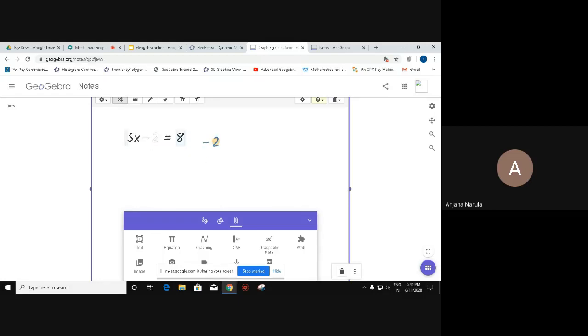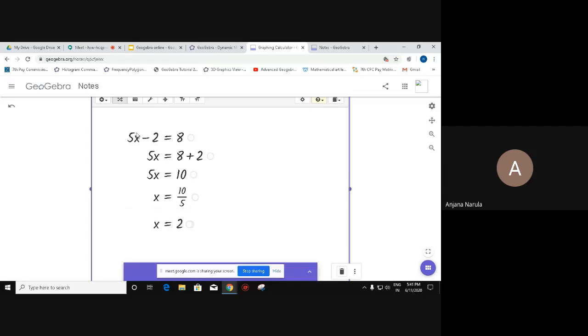So I just drag it here, and this is my first step. 5x is equal to 8 plus 2. I can show this to the student that I am doing this. Now, I'll click here and see. The next step automatically is there. Now, what will be my next step? I have to divide this equation by 5. So, I am dividing it by 5. And now, what will be the next step? I am dividing it by 5 and see these are my steps. So I am able to solve the linear equation in no time, with all the steps written.